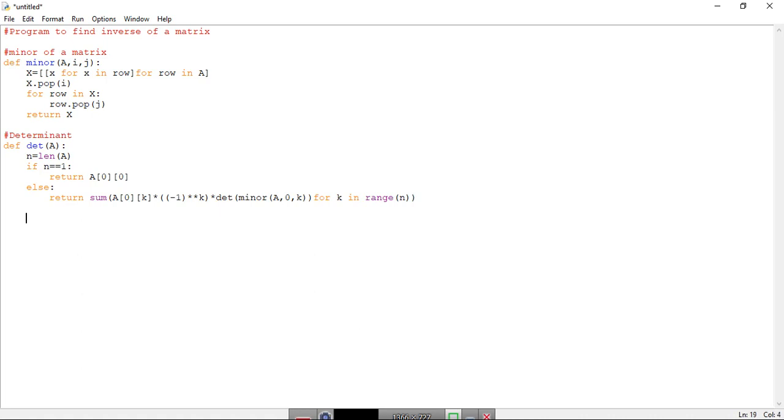Let us now define the adjoint. Okay, for this we will define def. Let us use ADG as the short form for adjoint.